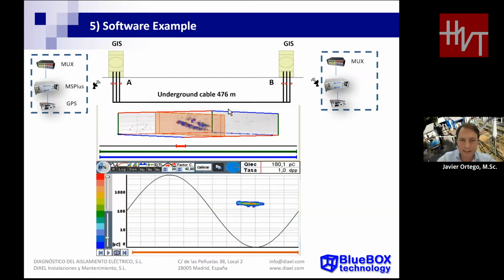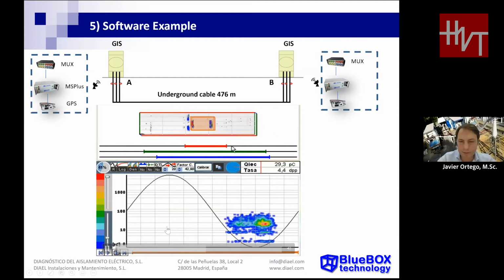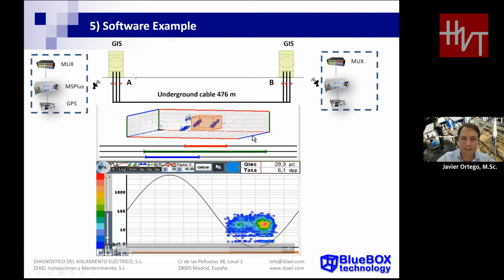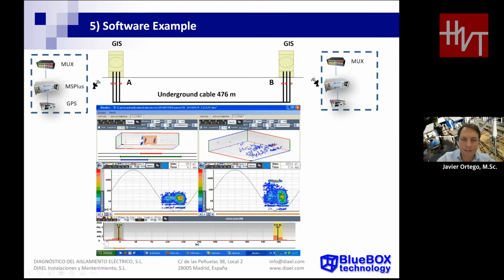In this case, we are selecting one cloud of the three-dimensional space, and we have a very clear corona PD pattern on the screen. And now we can move the selection to the other cloud in the three-dimensional space, and we will see another PD pattern corresponding to a different corona phenomenon. So we have two different phenomena, and we can localize automatically at the position of substation A, and we can cluster the different phenomena for the same position.